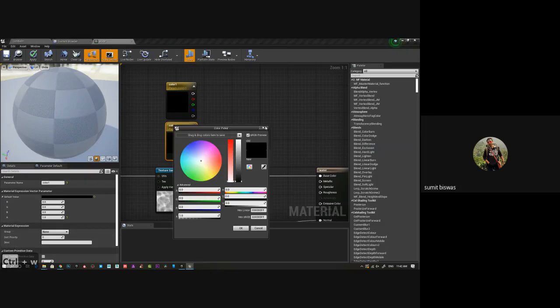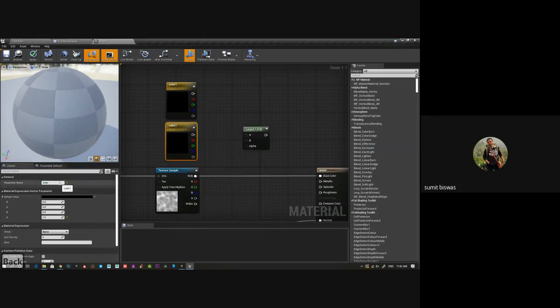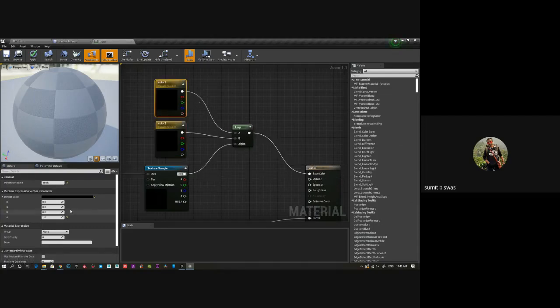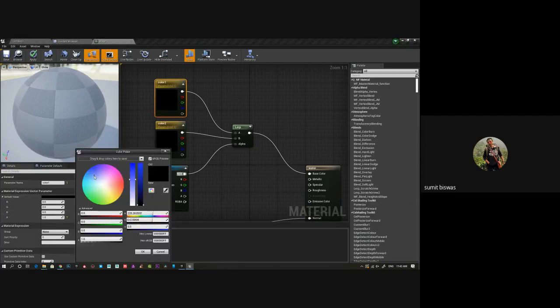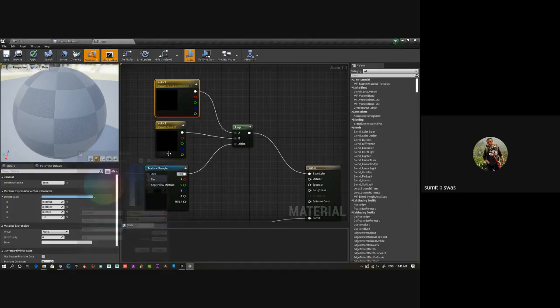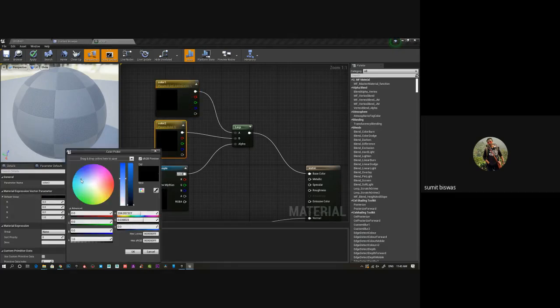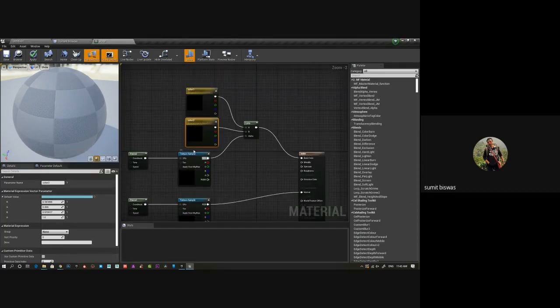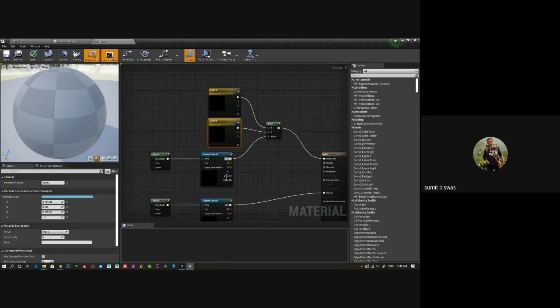Oh, sorry. Color 2. A, B, and this works as alpha. Change this color to maybe some bluish, and this is also blue but a little bit towards green, a slightly different, subtle difference, or maybe slightly dark. So I got 2 different colors, and this map is acting as a panel.